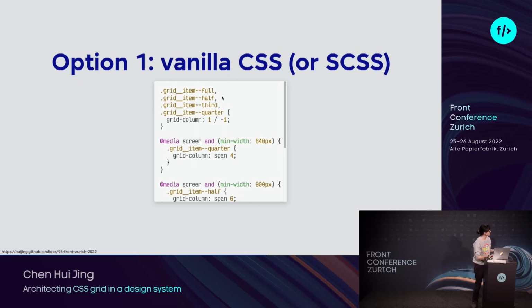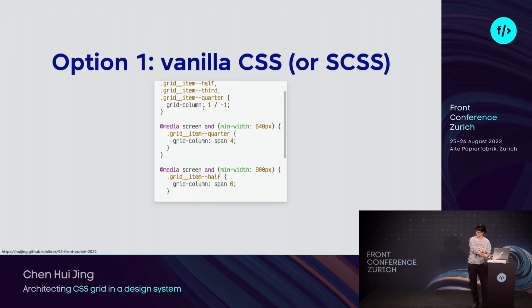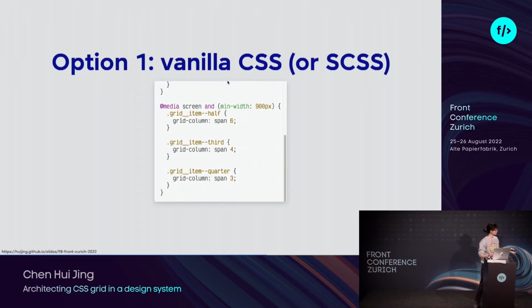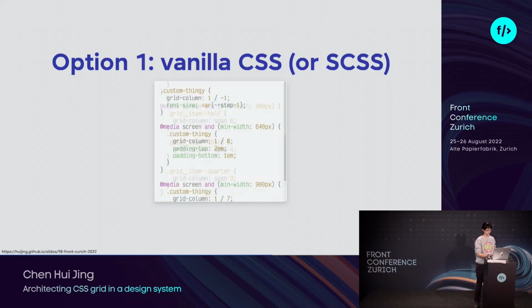If they're very common placement patterns, like the half width, the third width, the quarter width, I'm not good with naming things, call it what it is, right? Then you could consider having pre-written styles to cater to those situations, or not, it's up to you. If you have some very custom placement, like I want this to take up 7 columns or 5 columns, sure, you can put those on your component styles, right? So this is just one option.